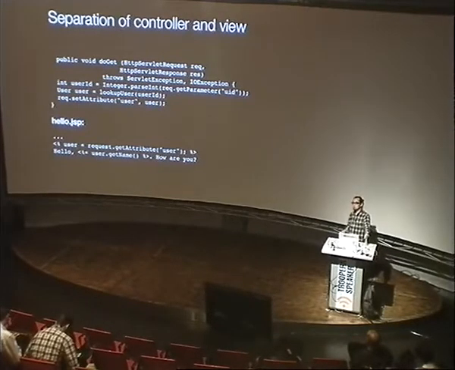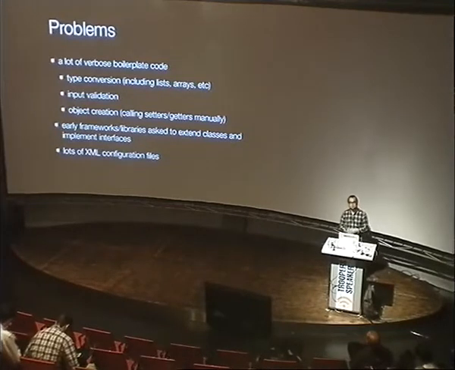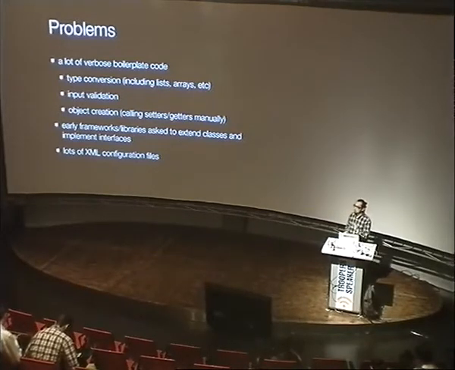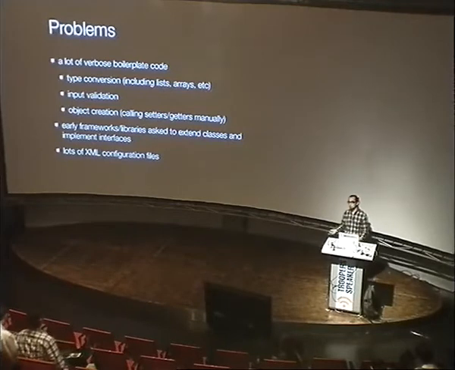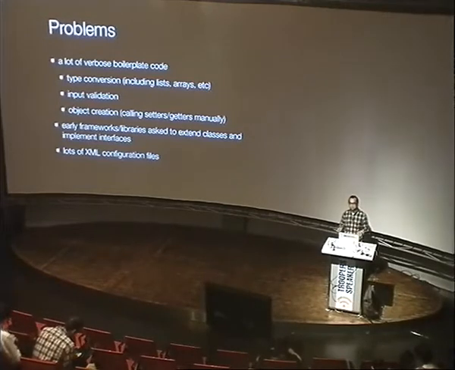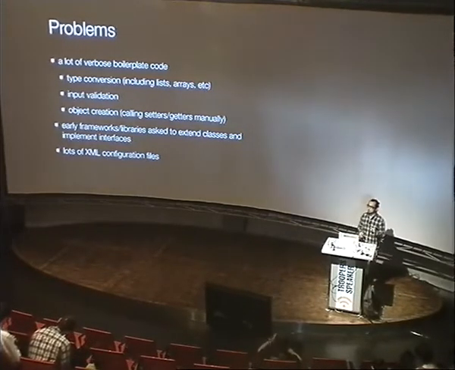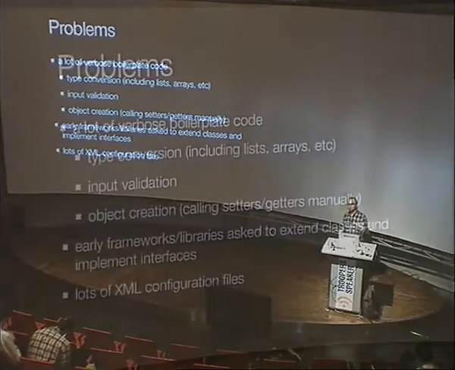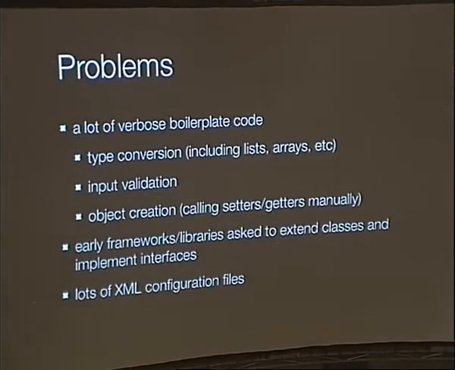What we've realized is that we're writing a lot of boilerplate code. Because you're getting all of the HTTP parameters from an HTTP request as strings, if you want to do any sort of conversion, or if you want to store that data as an integer or any other data type, you have to perform manual conversion and handle exceptions when your input does not comply. In addition to that, input validation, right? If you get a string which represents the age of a user, you have to convert that to an integer and then perform some comparisons to make sure it's not negative and not 2 million years, right? And